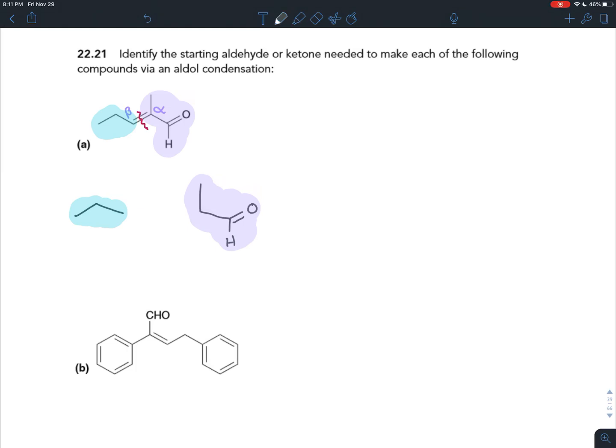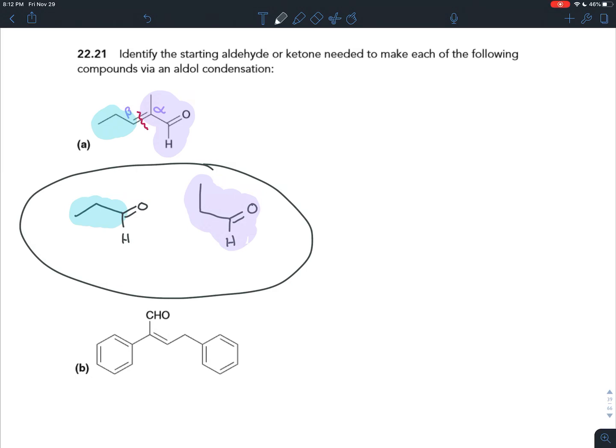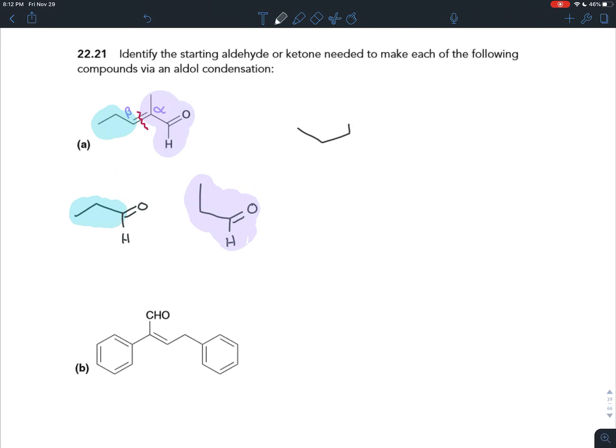Now one of these pieces will have a carbonyl already. The one that doesn't is the one you're going to add a carbonyl onto, and you will add it where the original double bond was. So you could have that. Now when you draw that in, you'll notice that these molecules are actually the same. They are both propanals. And so the only molecule you really need in order to make this product is propanal,